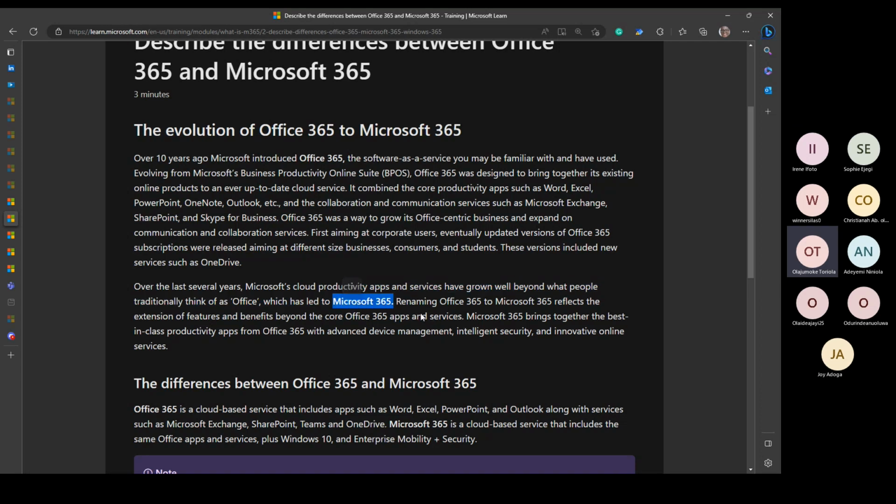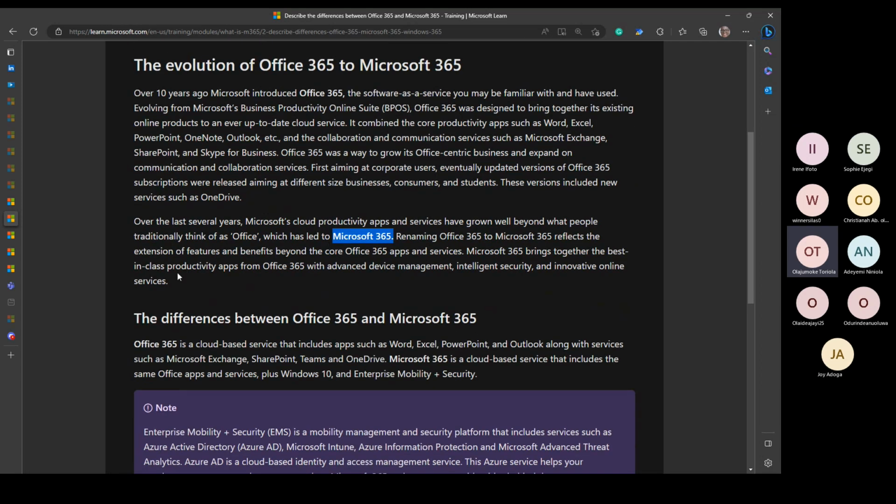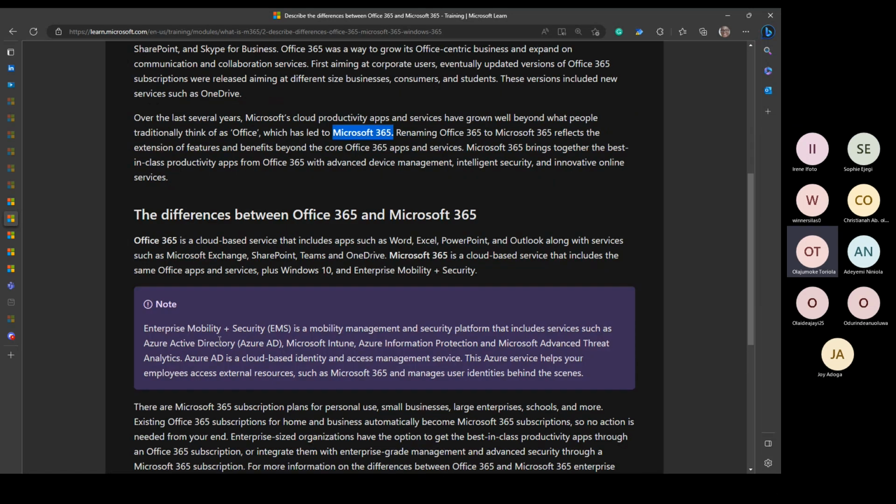So Office 365 was renamed to M365 to reflect the extension of features and benefits beyond the core Office apps and services. Microsoft 365 brings together the best in cloud productivity apps from Office 365 with advanced management, intelligence, security, and innovative online services. So when we talk about the differences, really, Office 365 is a cloud-based service, like I said, that